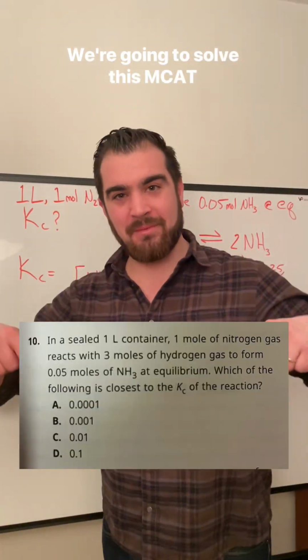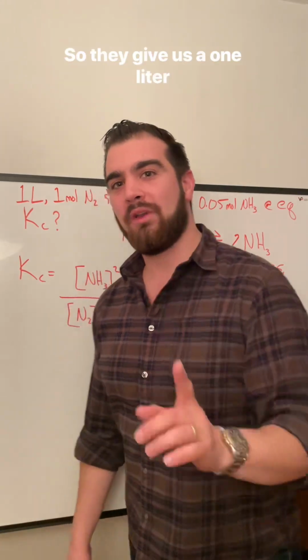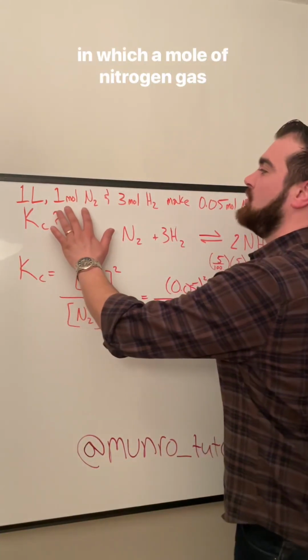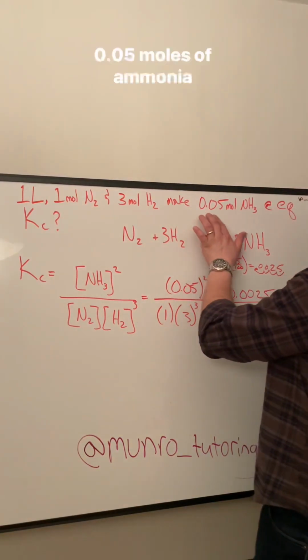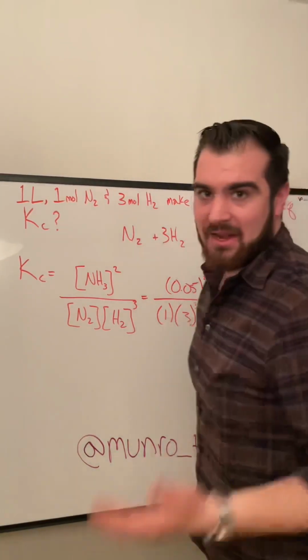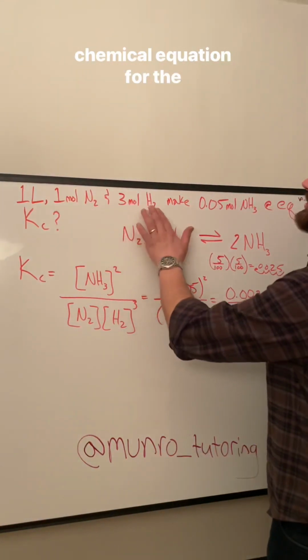We're gonna solve this MCAT question with no calculator. Let's go. So they give us a 1 liter vessel in which a mole of nitrogen gas and 3 moles of hydrogen gas react to make 0.05 moles of ammonia at equilibrium. So the first thing we need to do is figure out what is the chemical equation for the reaction of